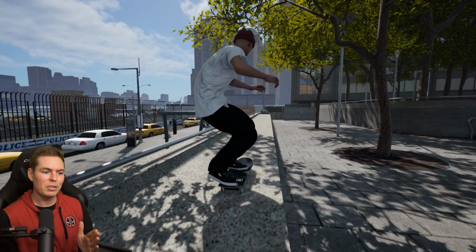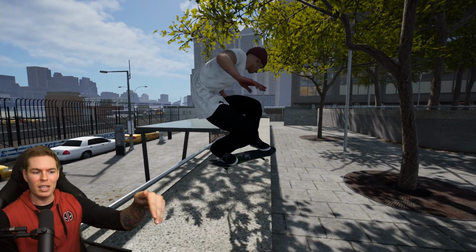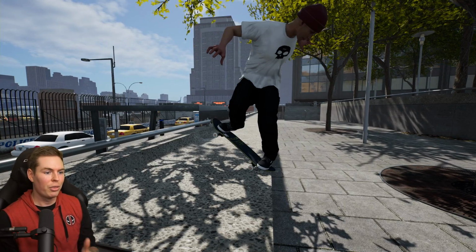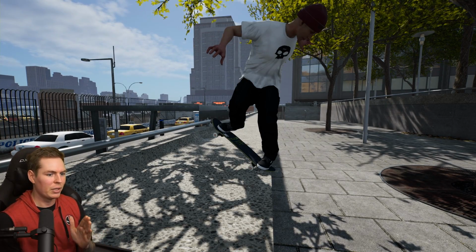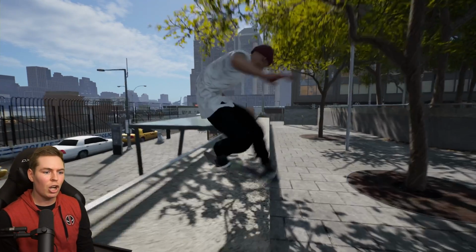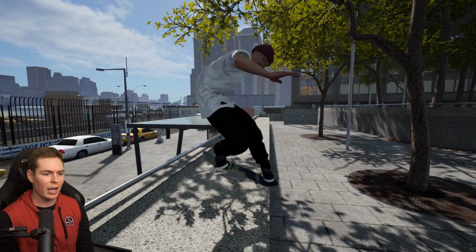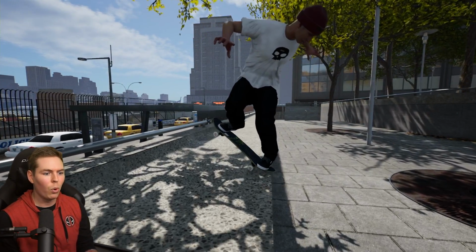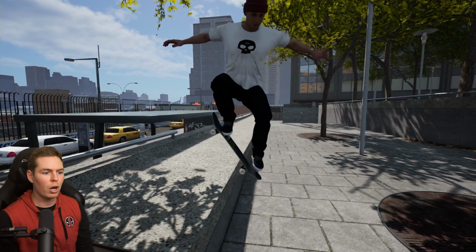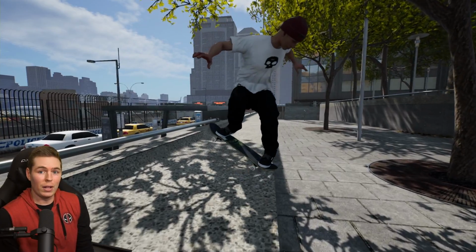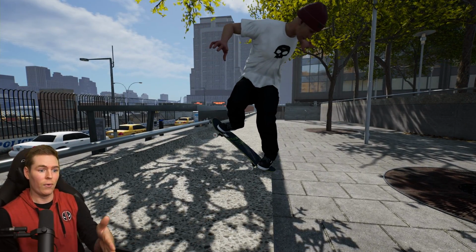Would you call it a frontside nose slide or a backside nose blunt? So I'm on the same side as I popped. Everything is staying on the exact same side. However, that would be a backside nose blunt position. But since my wheels didn't go over anything first, and I just stayed on this side, and I did that, would that be a nose slide, or would you call it a backside nose blunt? Or I mean, would you call it a frontside nose blunt? Like, you're going front side into it.